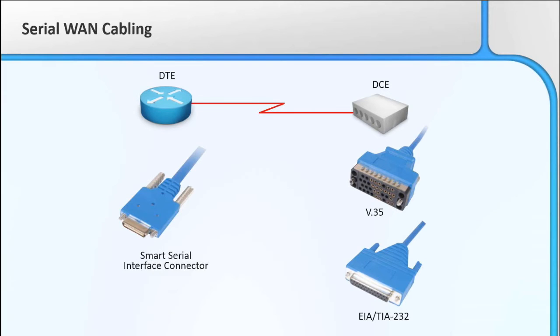So looking at the serial cabling, there's different styles. There's the high density that they call a smart serial connection. There's V35, which is the old classic style. You probably won't see a whole lot of these in production. You may, it's not impossible, but you probably won't. Typically when I see these, they're for lab topologies because they used to, I'm not sure if they still test on serial on the CCIE lab, but they used to, so people that were studying for CCIE would set up these WAN environments using serial connections.